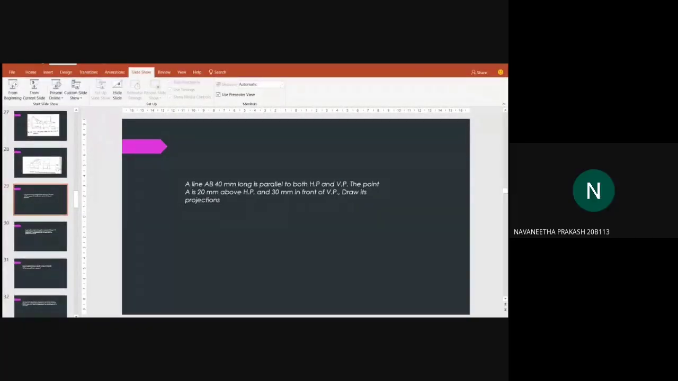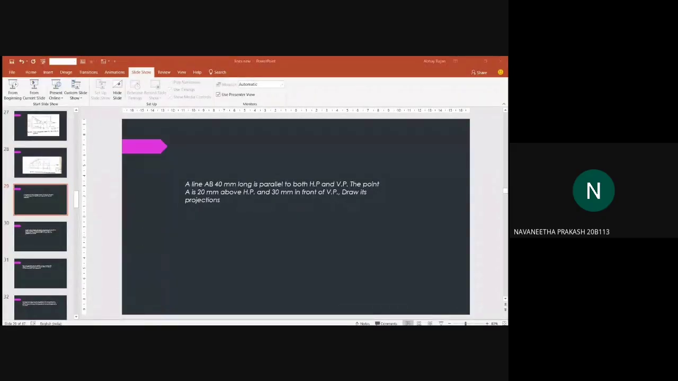Sir, then it will be perpendicular to PP. Perpendicular to PP. Okay. So front view will be